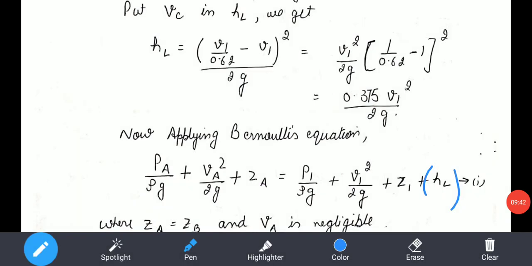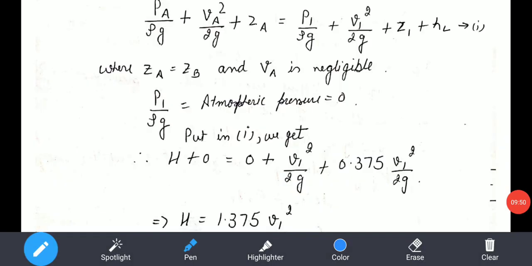We consider head loss when we are talking about a real fluid; when there is an ideal fluid, we are not considering head losses. Now see, from the datum the height of both the sections is the same, so they get cancelled. And at section A, that is inside the tank, I already told you many times that inside the tank the water is in a still condition. So here we take the velocity as almost negligible, or you can take it as 0. And the pressure there is atmospheric pressure, so here it is 0.